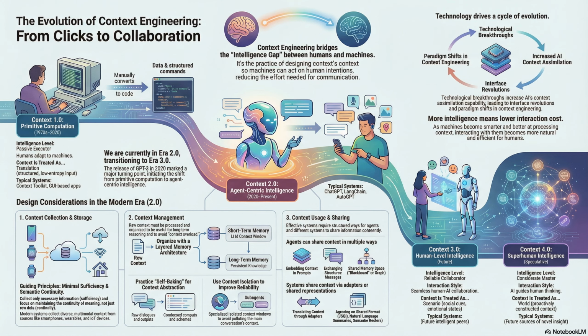Okay, so that's where we are now, Era 2.0. We have agents, they cooperate, they bake memories, they delegate. But the paper says we are looking toward Era 3.0, human-level intelligence. This is where we look at the immediate future. And Era 3.0 isn't just about processing more data. The paper emphasizes that the shift is about subtlety. Subtlety, that's not a word I usually associate with computers. It's the final frontier.